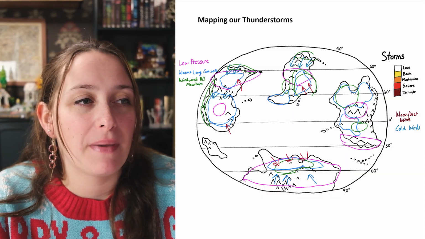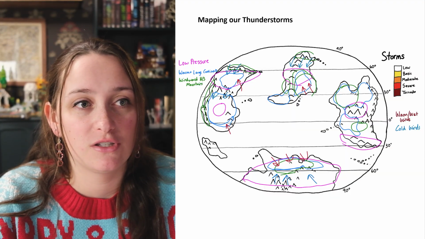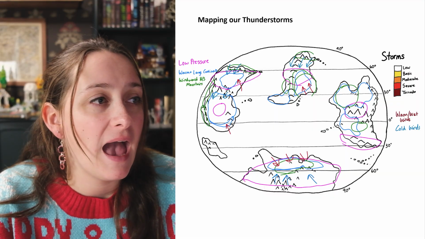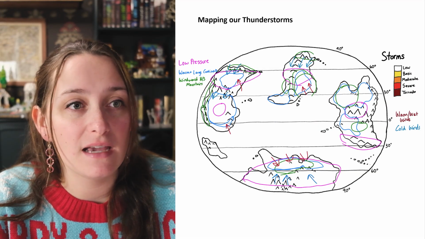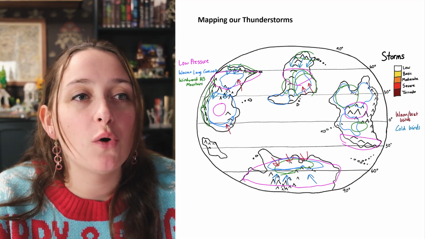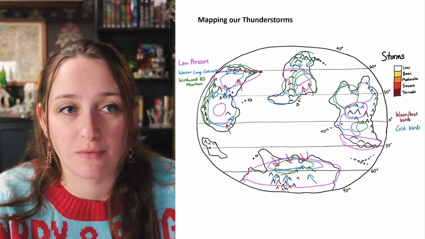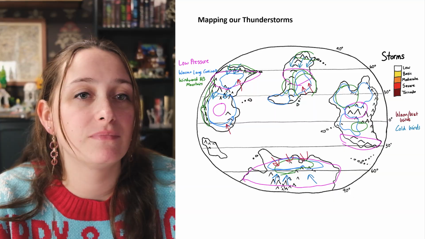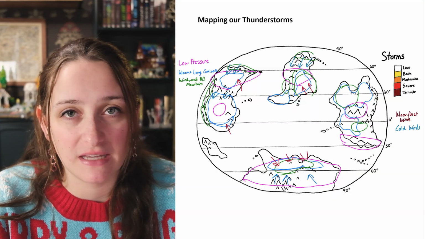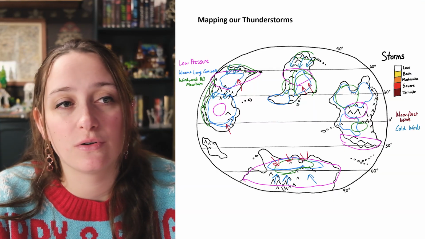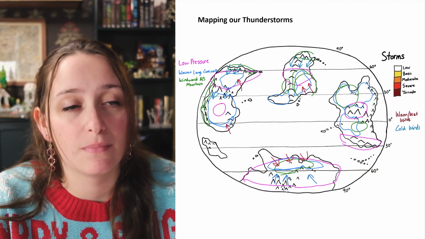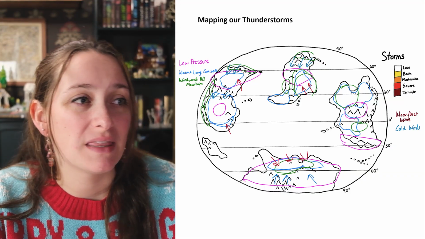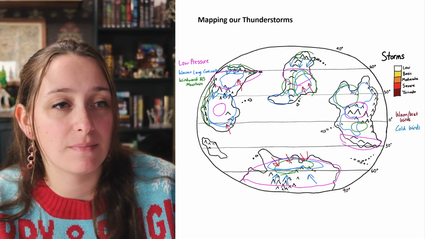But we're going to map out three main things to start. Low pressure areas from our atmospheric pressure maps. And you can see that I have these circled in pink here. So these are low pressure areas from our atmospheric pressure maps other than those above our subpolar low belt. And this should already account for the area around the ITCZ and the equator side of the polar vortex. If it doesn't for some reason, you can include those too, but that's, again, circled in pink on this map.